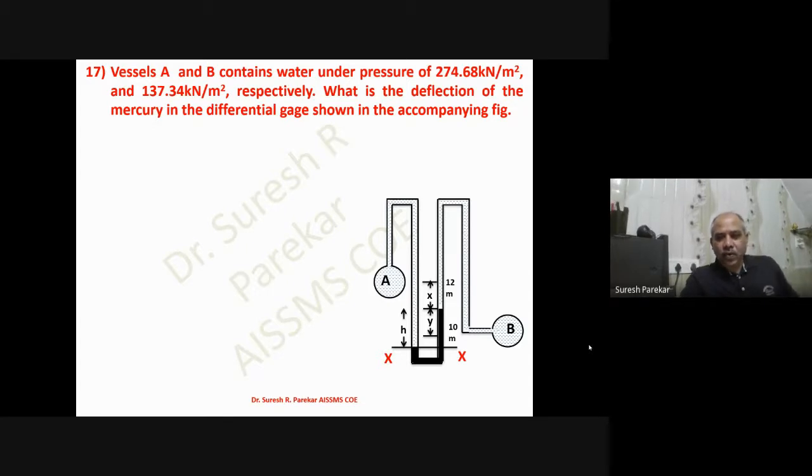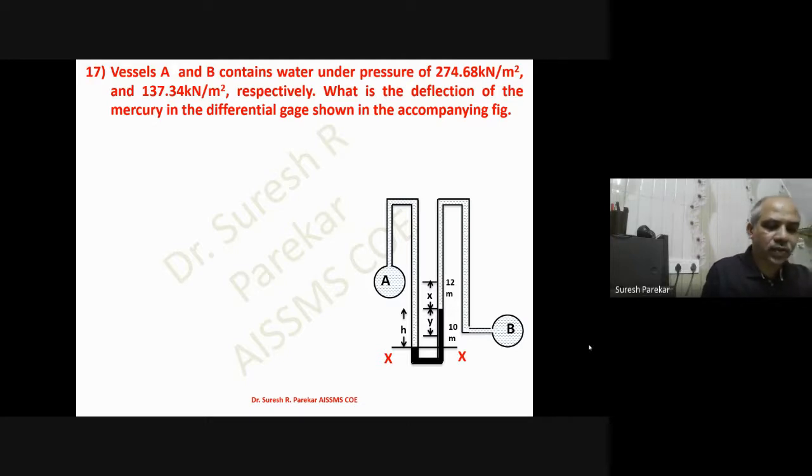Now we have to write down the equation from point A, and then we have to go down. We are going to consider x, and then we have to come from point B, and then again we have to go up, and then we have to come downward. So we have to go in this fashion to find the values. Now we will start to write down the equation from A.